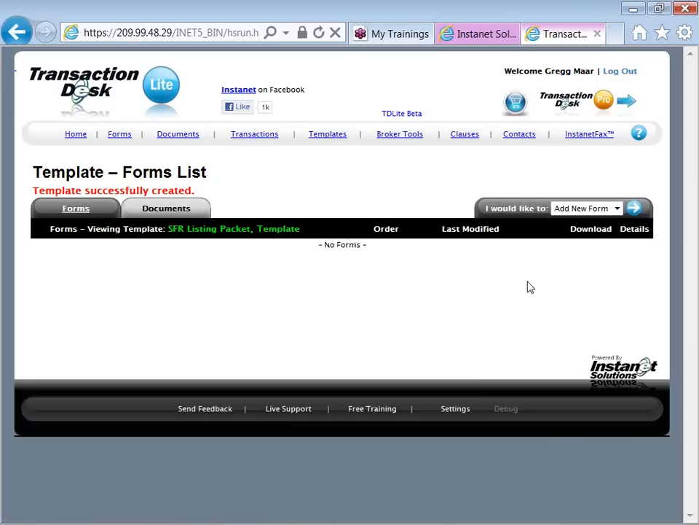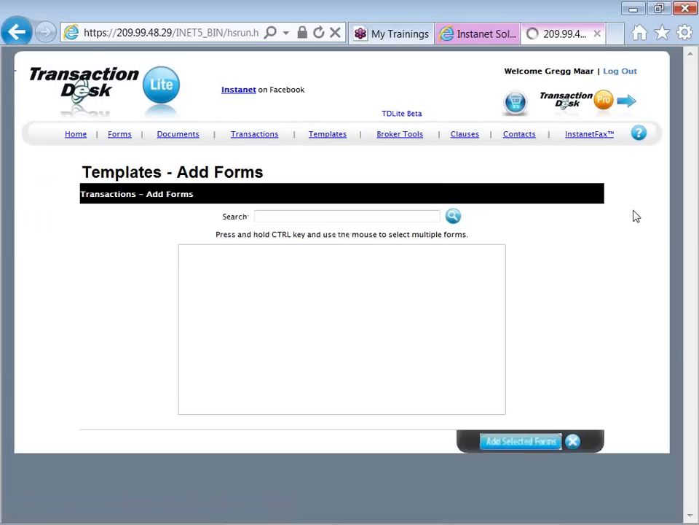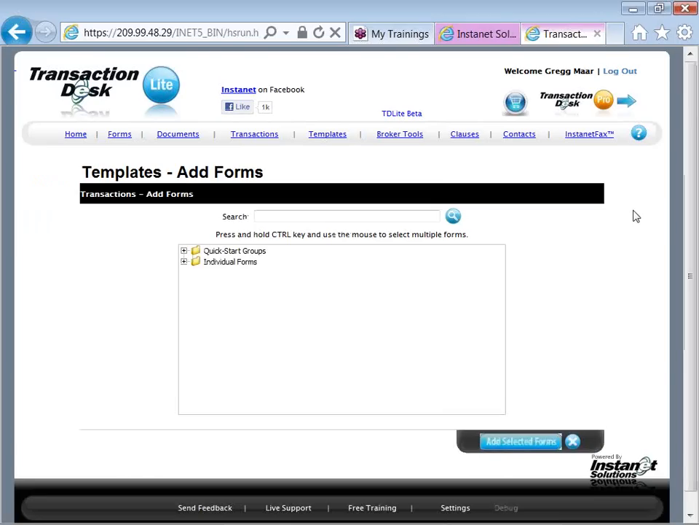This is our template. What do we want to add to this transaction template? So when we start our new file from the template, these forms are automatically added. I would like to add a new form. Click on the go arrow. Form library. We're going to select the forms. Again, I'm going to try to not be such a minimalist here. We're going to go through. We're going to select forms that you would consistently add to that type of